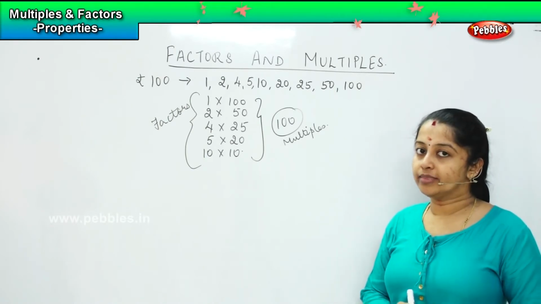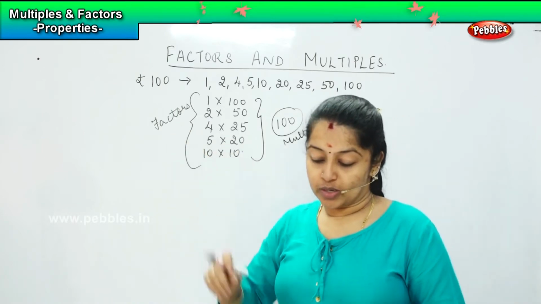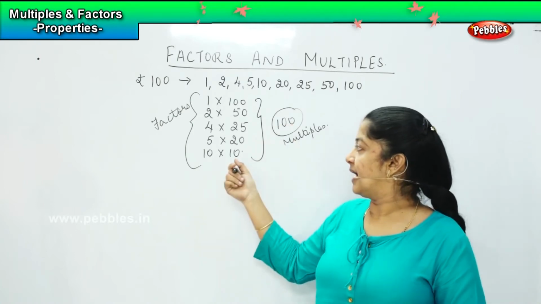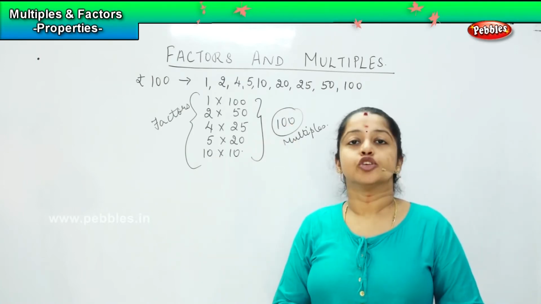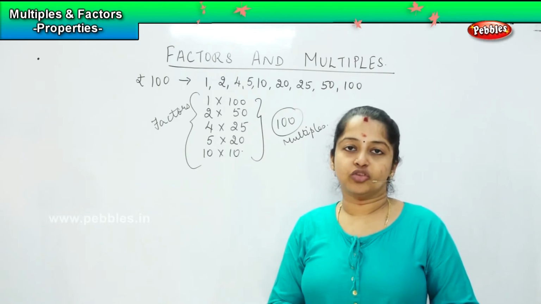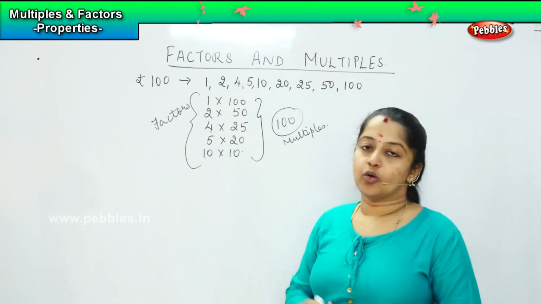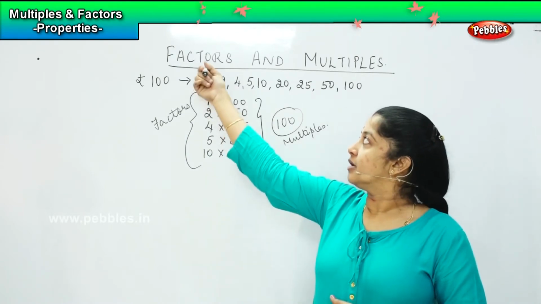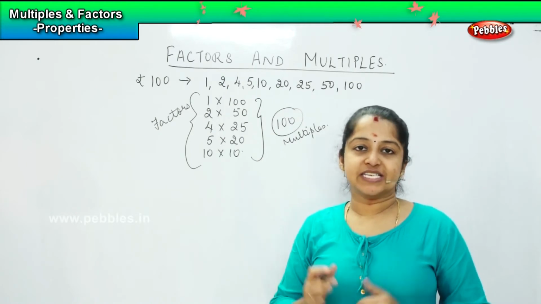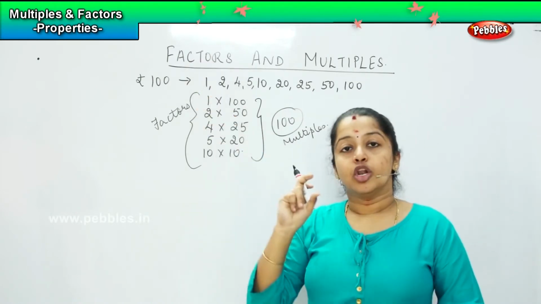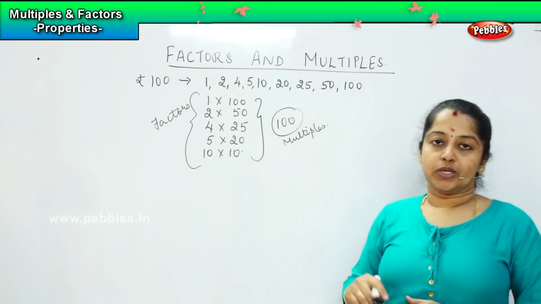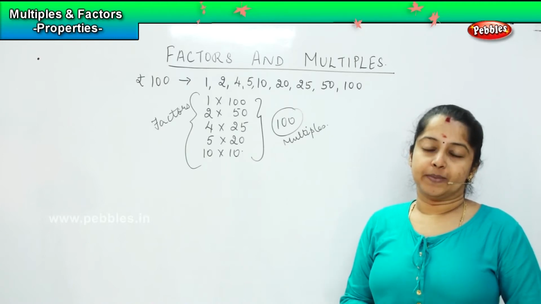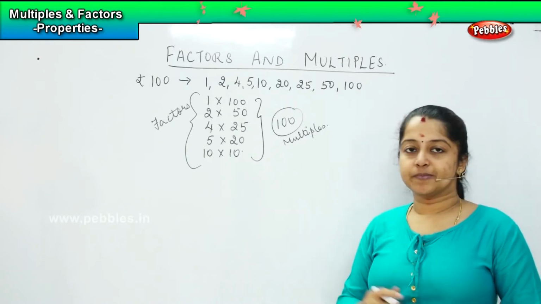So always have one thing in mind, that factors will always come from a dividing source. If I divide 100 by 10, I get the answer 10. So factors can be obtained only through division and multiples are obtained by the process of multiplication. Do not get confused with the terms factors and multiples. Always keep in mind that factors will be lower in value whereas multiples will be in a bigger form because this number is obtained through multiplication. Clear? Is the concept clear, children?